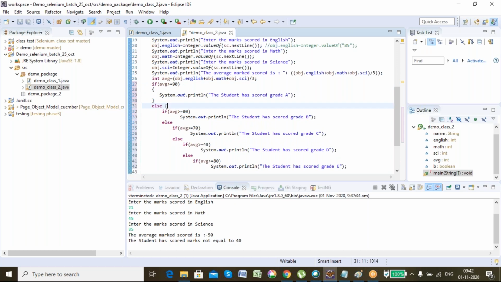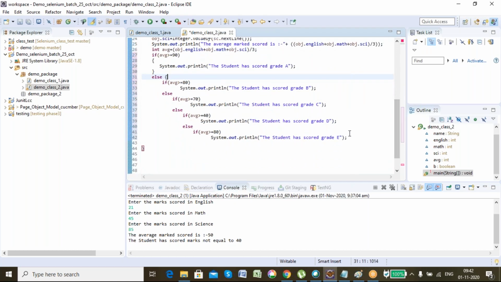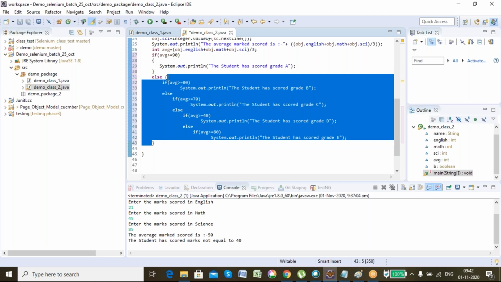Similar to that, here the else statement started, and as it is a nested if and else, it ended here. But for the main else, that is with the first if, we have to give the braces, right? Because there are other if and else statements in it.